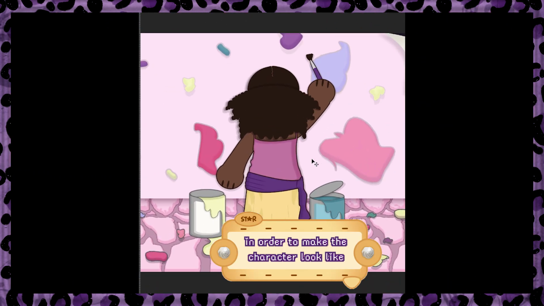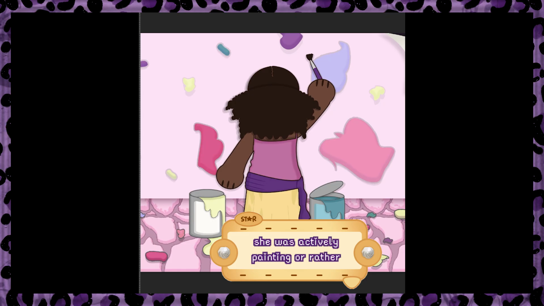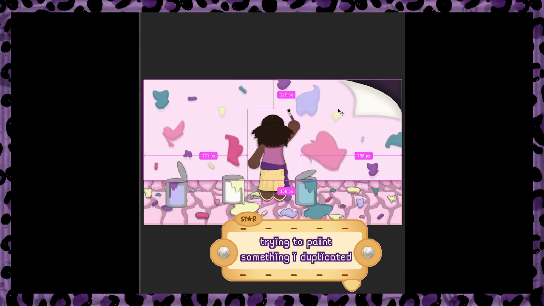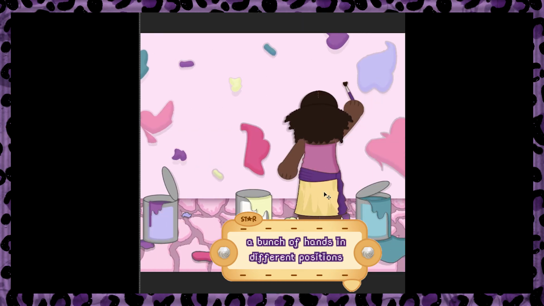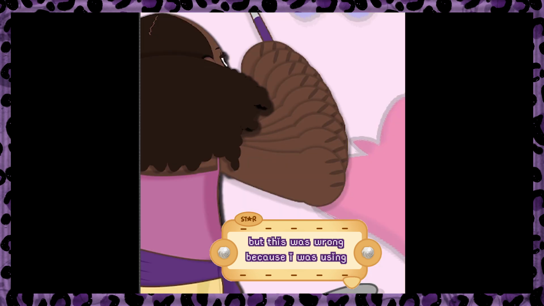In order to make the character look like she was actively painting, or rather trying to paint something, I duplicated a bunch of hands in different positions. But this was wrong because I was using the Photoshop frame by frame animation, which is totally different from normal frame by frame animation. So it didn't look right, it was just too much.